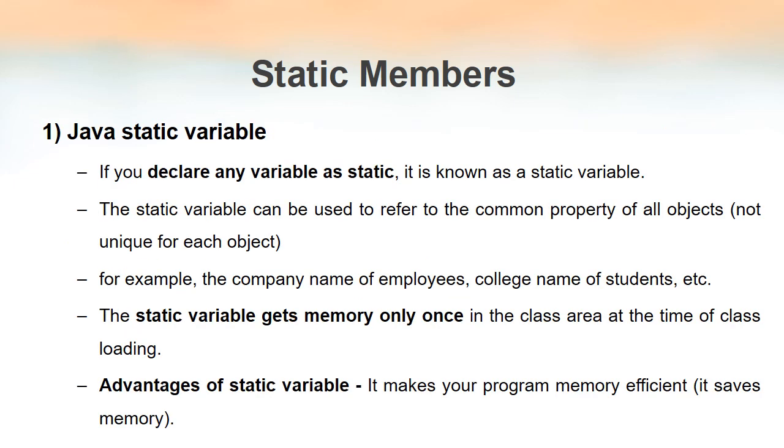Also, since static variables and static methods belong to the class, we don't have to create objects to access them. Very often, if we want to access the methods or variables of a class, we need to create objects, and we write object name dot method name or object name dot variable name. But since static methods or static variables belong to the class itself, there is no need to use objects to access them. Now we will see how to declare a variable as static.